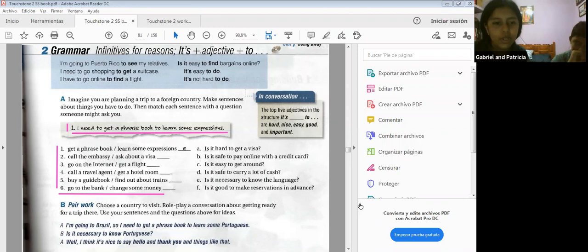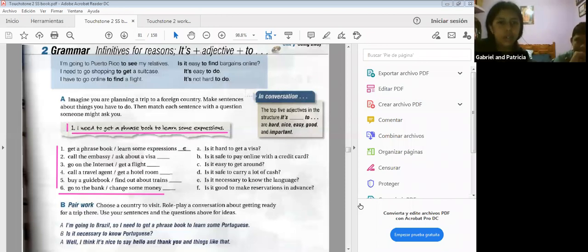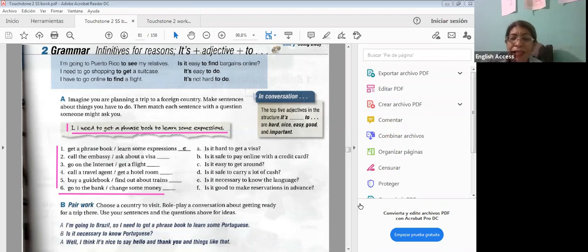It's difficult to drive. And it's interesting to learn another language. Okay, correct. And Gabby,